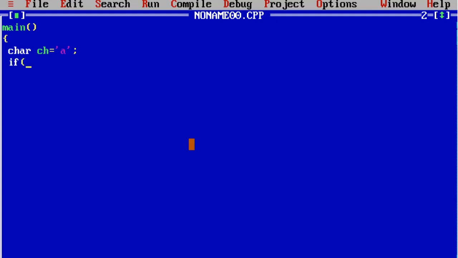So we have to check whether it is a vowel or not, so we put an if. We say ch double equals to. This double equals to is used as the comparison operator, for comparing two values. And this single equals to is the assignment operator. We are assigning the right hand side to the left hand side. So if you want to write it down, you can write it like this: double equals to is for comparison, and single equals to is for assign, right? You can write it down.